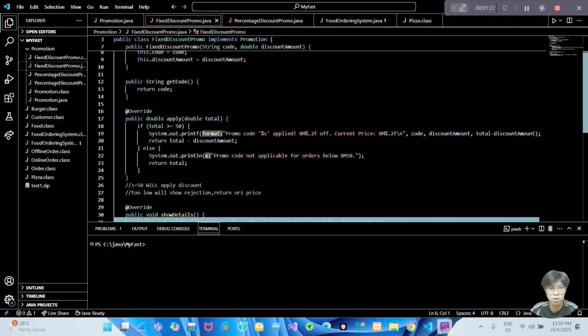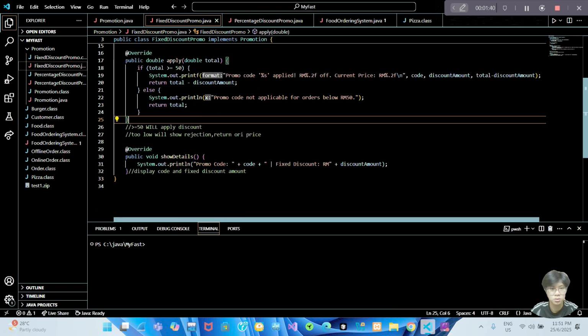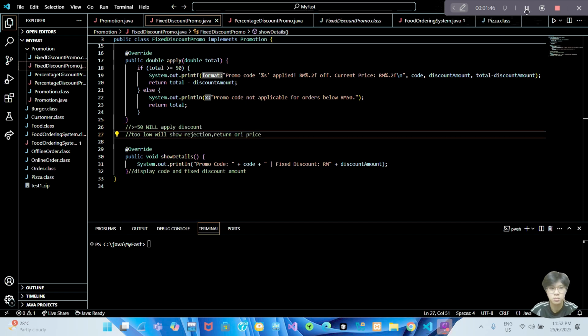For example, with the promo code SAVERM10, it subtracts RM10 from the total if eligible. If not, it simply shows a message that the promo is not applicable. Something like this output. So if more than 50, it will apply the discount. If too low, it will show rejection and return the original price.